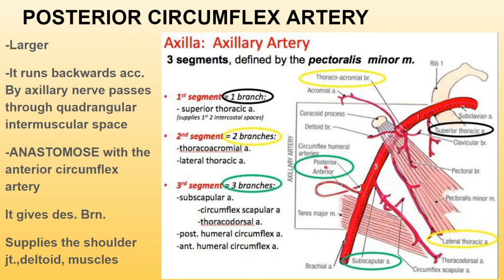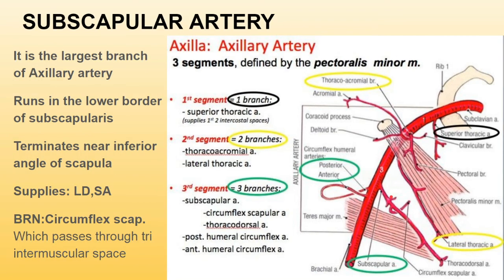Okay. Now this posterior circumflex humeral actually supplies the shoulder joint, deltoid muscle, and the other muscles also around the quadrangular space, because it actually passes through the quadrangular space, so it supplies the muscles of the quadrangular space as well. Now the third branch of the third segment is the subscapular artery, this one, and it also emerges